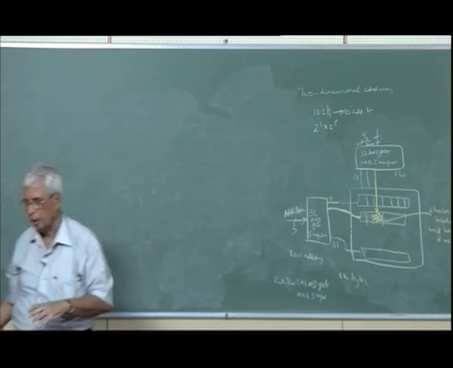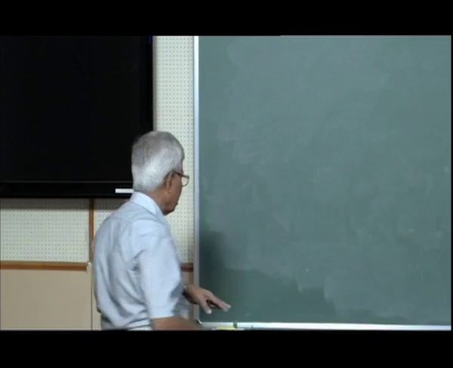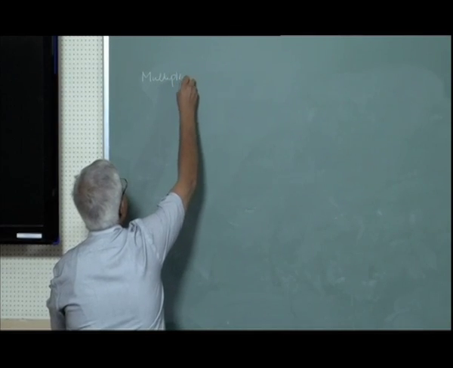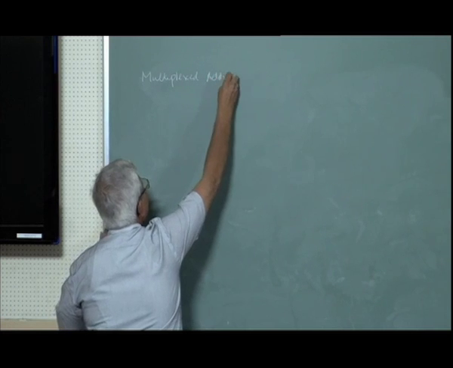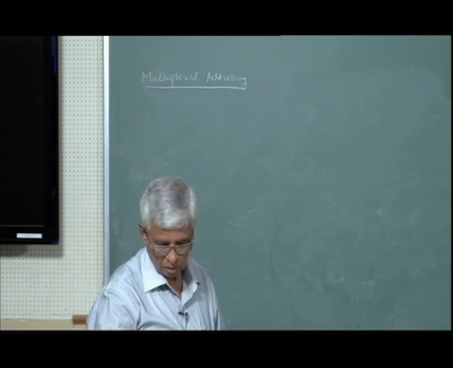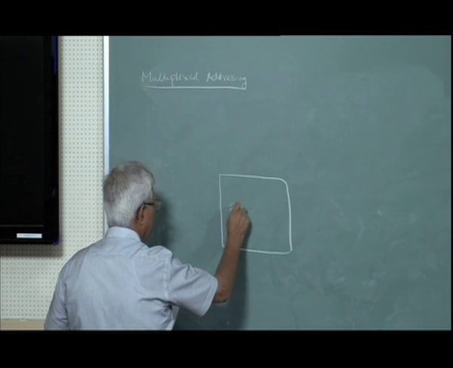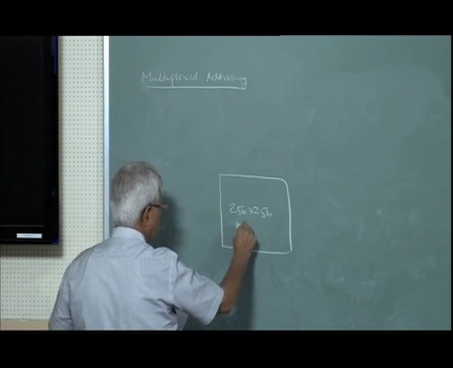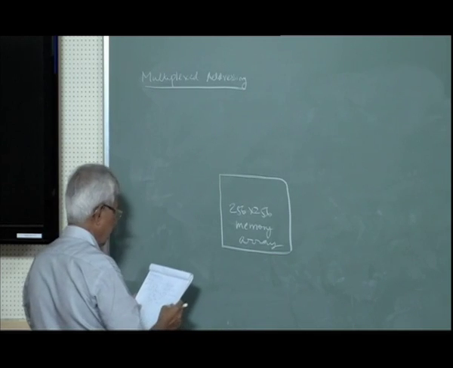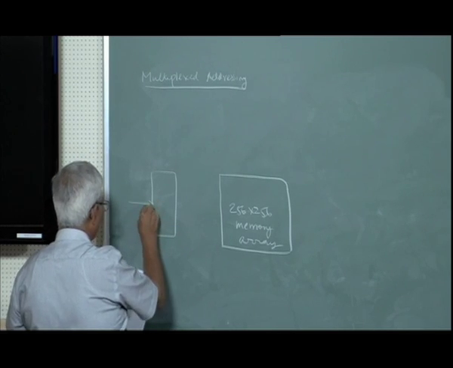Multiplex addressing means instead of all the 10 addresses being taken at once, first only the row address will be used and then the column address. So multiplex addressing. You take, let us say, a 256 by 256 array. What we will do is, first 8 bits we will give here, an 8-bit address, the row address,